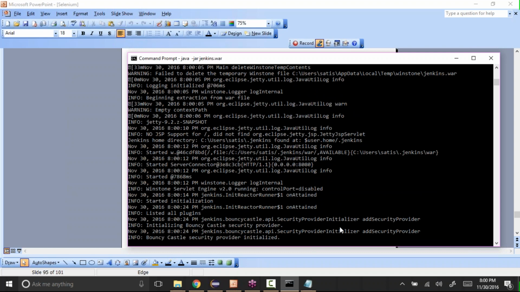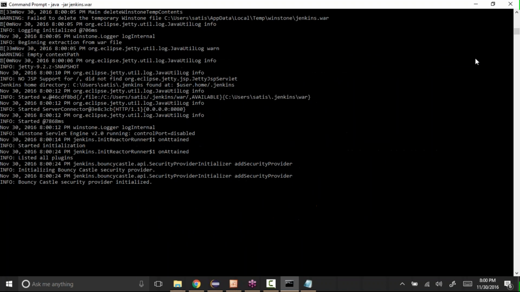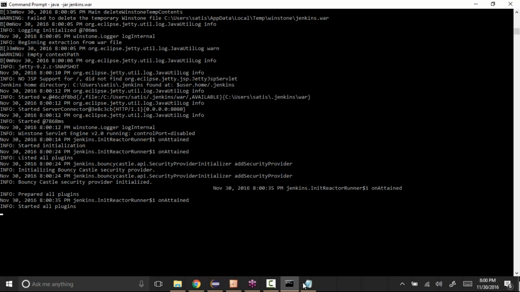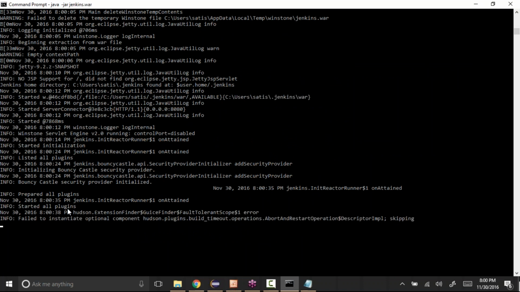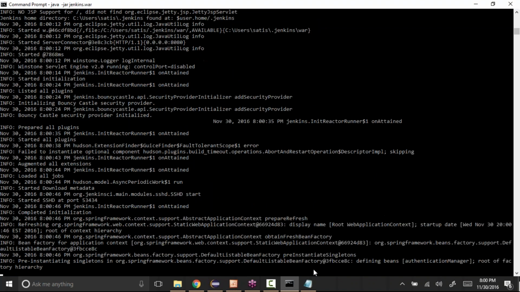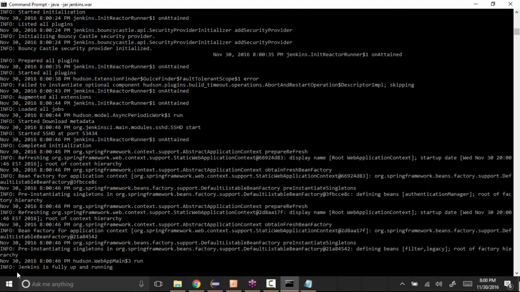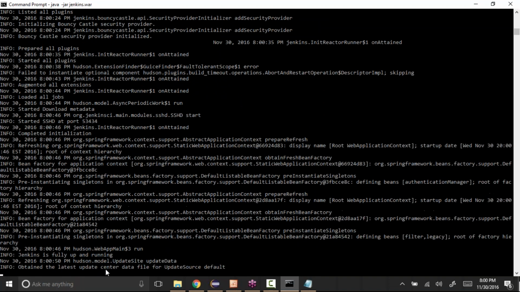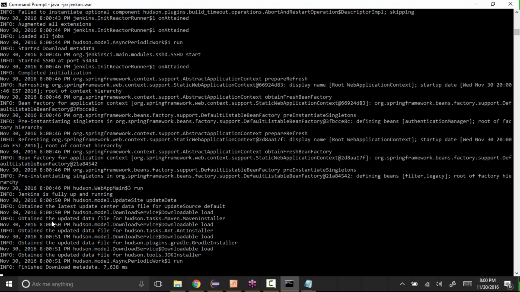Finally it will say Jenkins has been started. See, started all plugins. And finally you'll get Jenkins initialized or something. See, Jenkins is fully up and running. That means Jenkins has been started.